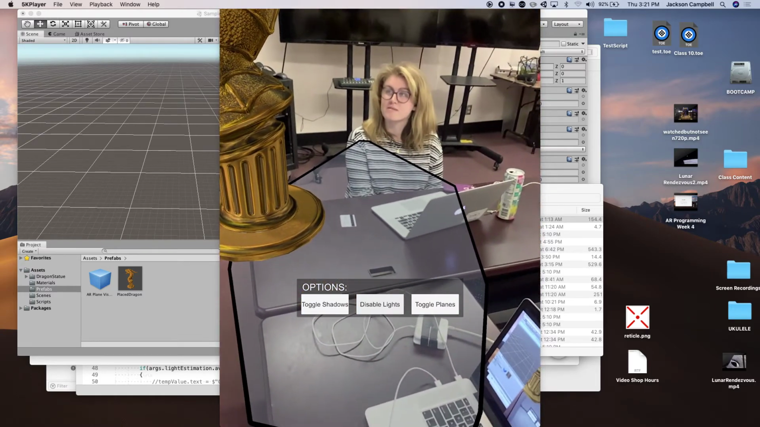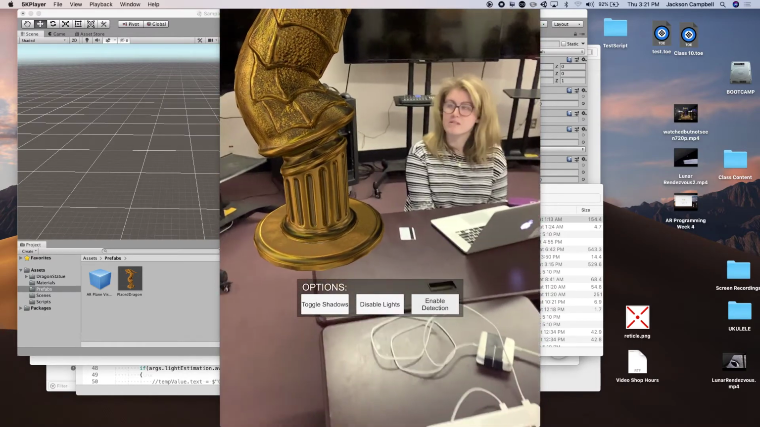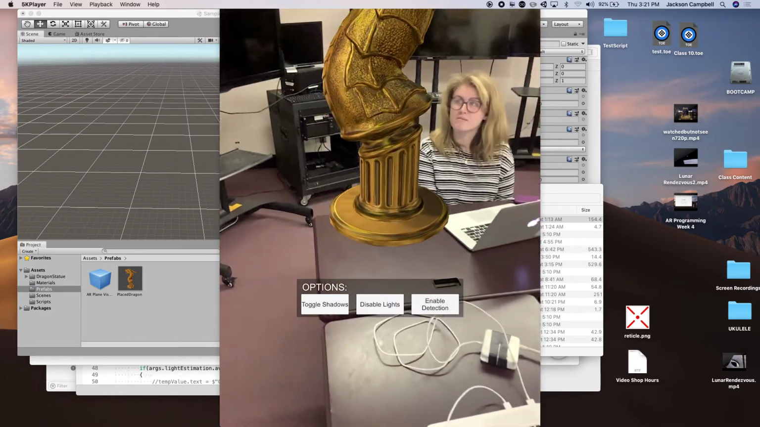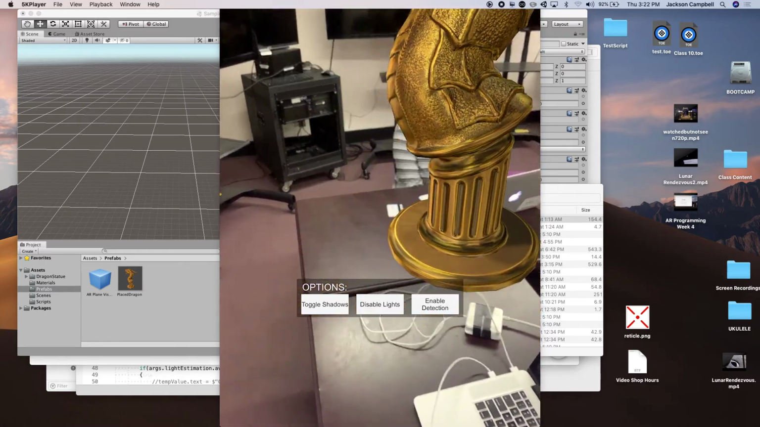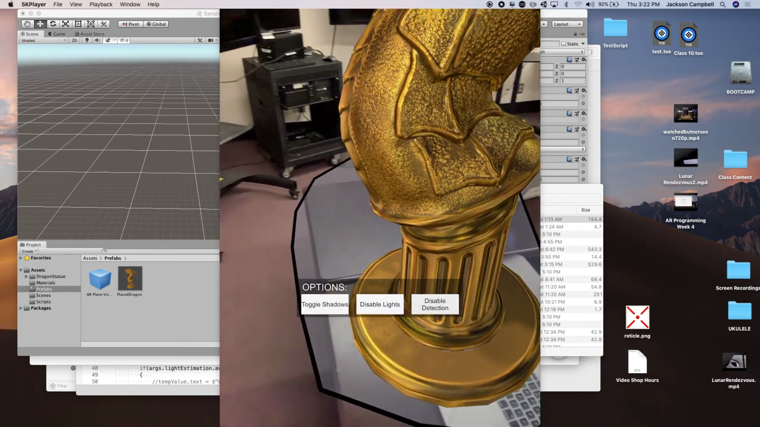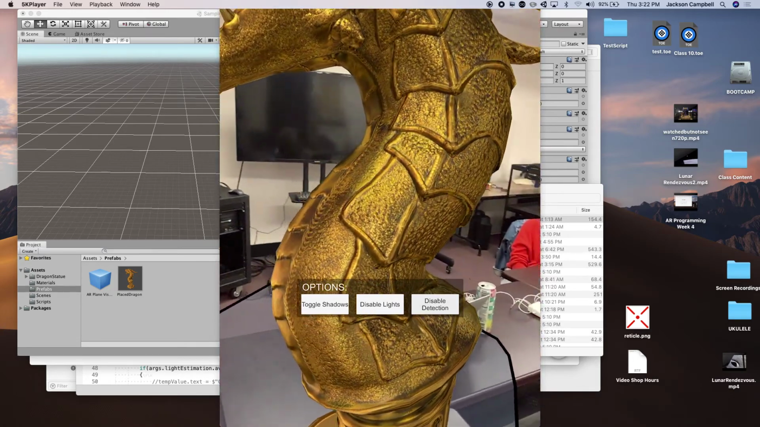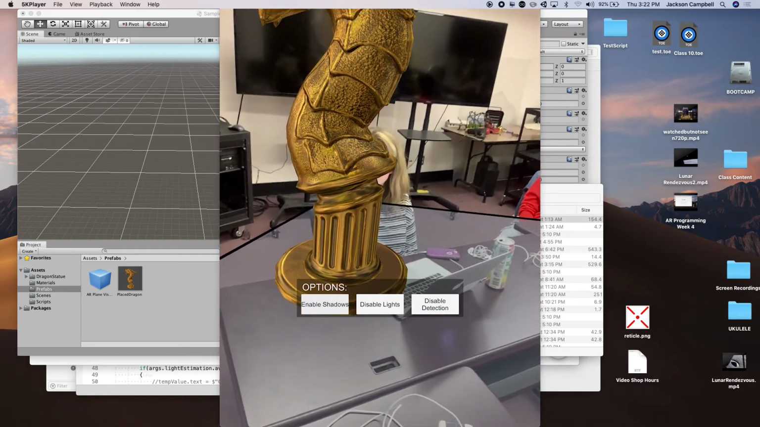The plane detection, you'll be able to turn off this plane detection. And even after you've turned off the plane detection, you can still drag this thing around on the plane that you've detected. So that's really handy, right? And then it's a little hard to see, but if you see, whoops, toggle shadows,